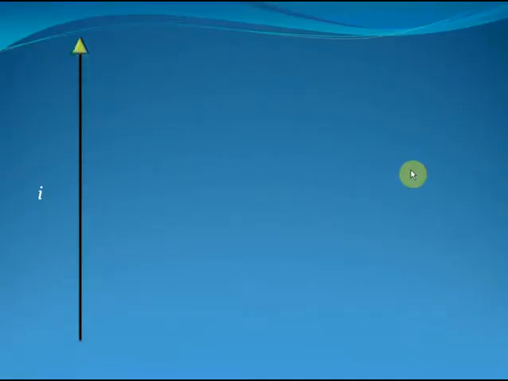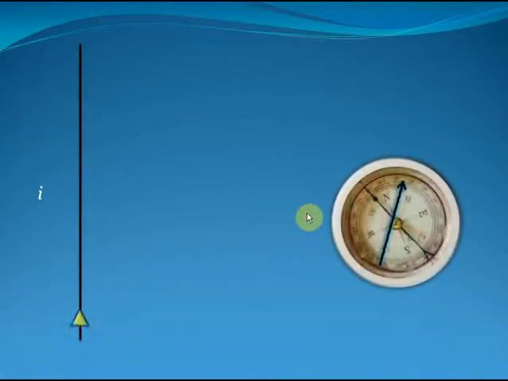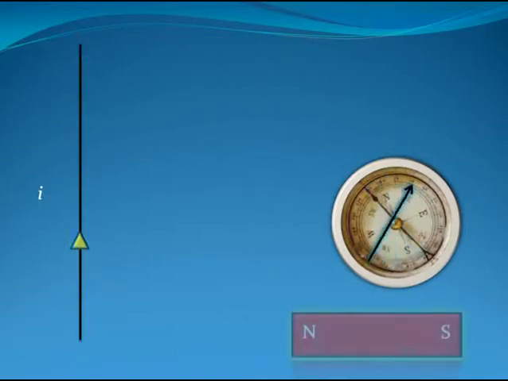Hi students, can you see this current carrying wire on your screen here? In this chapter, we are going to study what happens to a charge that's placed near a current carrying wire. Did you know that a charge that moves near a current carrying wire experiences a force? Why does that happen? This force is what is called the magnetic force, the same force that is exerted by